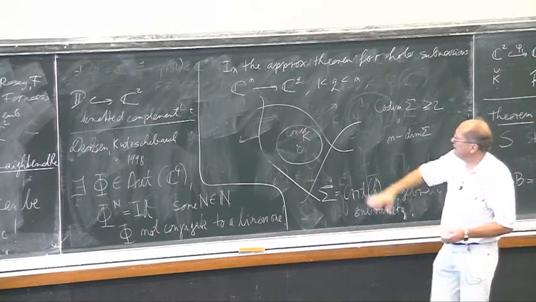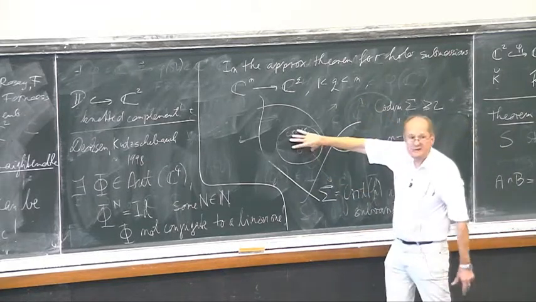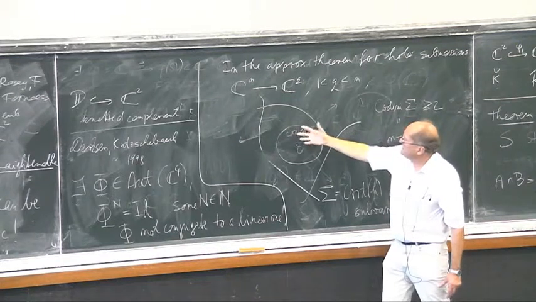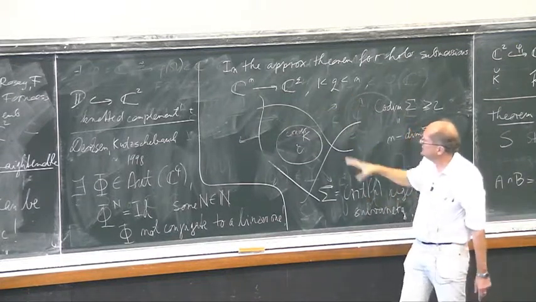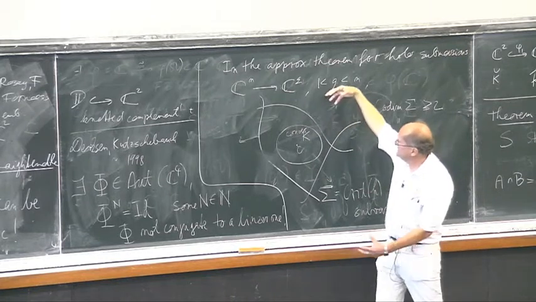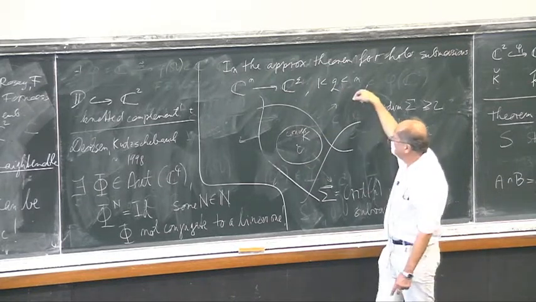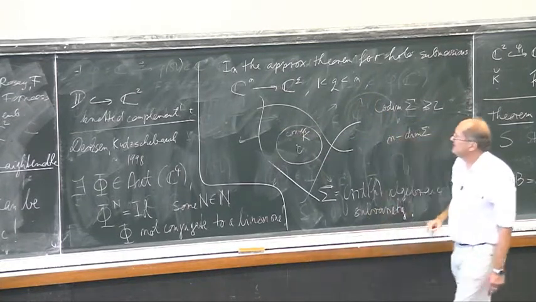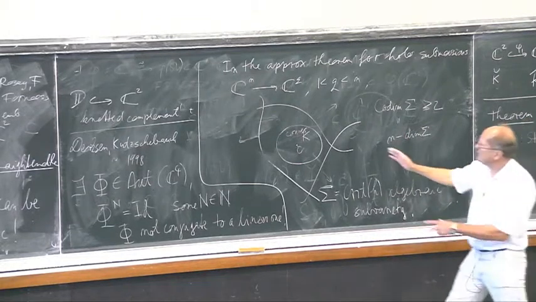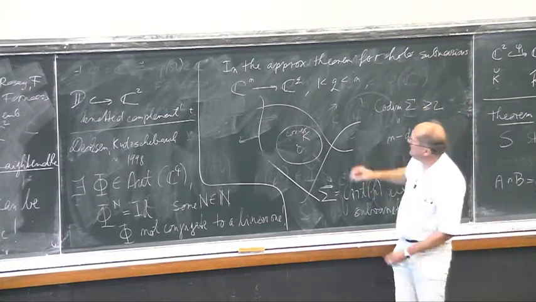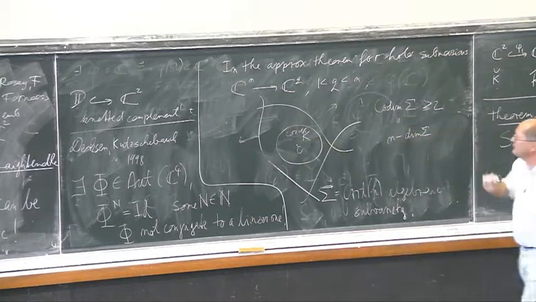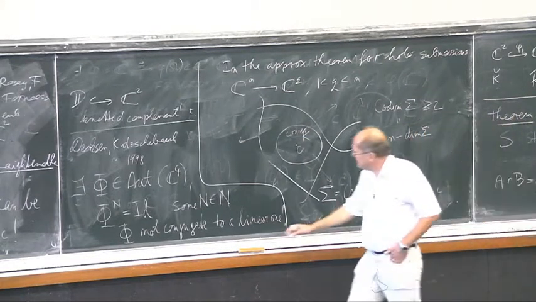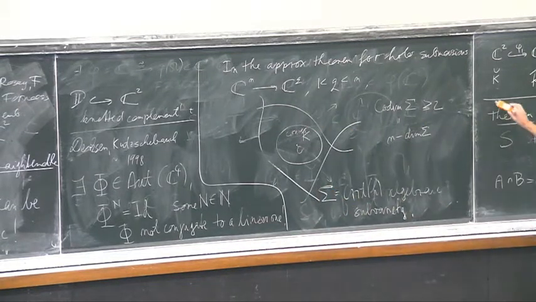Because you see, the goal was always that we push this away, almost leave K fixed, and then we are done, because then the inverse map, you look at notes from yesterday or two days ago, puts a big ball into the complement of this variety. It's almost identity here, so that gives you an approximation. So basically the goal is to move sigma out of some large ball, but not to touch K, I mean, not to move it very much. And this actually is not a straightforward consequence of the things which I presented. So if you want to understand this, you really have to study